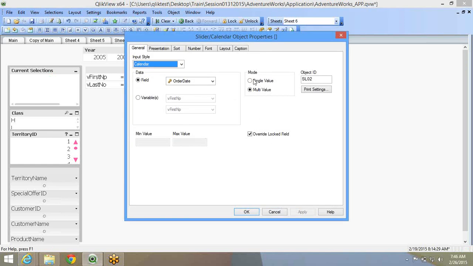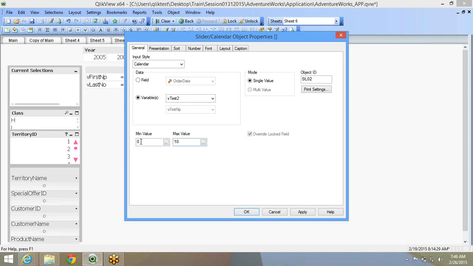For a scenario where you need to select a start and end date, there is the variable option. When you come to the variable option, there is no multi-value option in the calendar. In the slider there was a multi-value, right? In the calendar object, there's no multi-value. There's just variable. It says v first. So you can pass it to a variable. I'll say test 2 and 3 I'll take. Minimum value is 0, max value is 10.